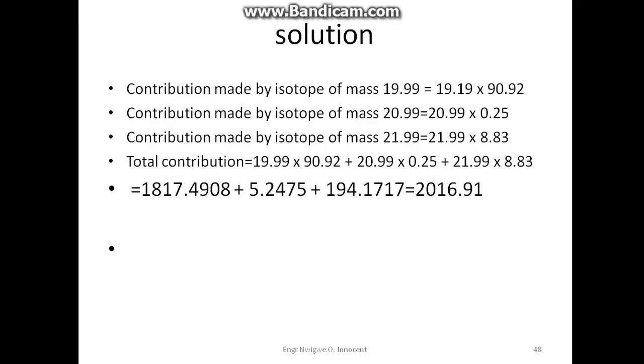1817.9708 plus 5.2475 plus 194.1717, which will give us 2016.91. The average mass is equal to 2016.91 divided by 100, which will give us